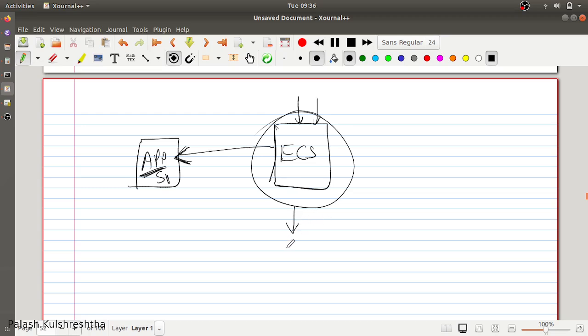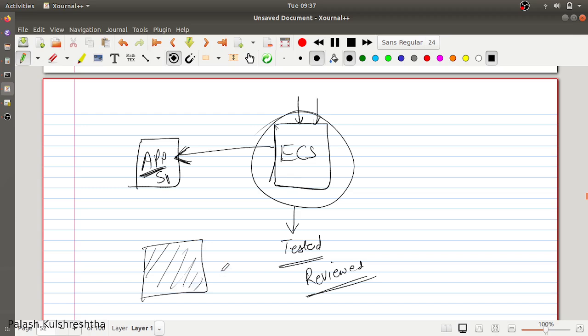For example, the changes should be tested, and all the changes that you are doing should be reviewed. If possible, you should commit them in your Git repository or someplace else, so that they can be properly reviewed, tested, and vetted before these changes are made live in the external configuration store. And you should also have ways to do release candidate or RC changes in your configuration, so that your changes are first tested on a small amount of traffic, and once tested, they can be rolled out to a higher amount of traffic.